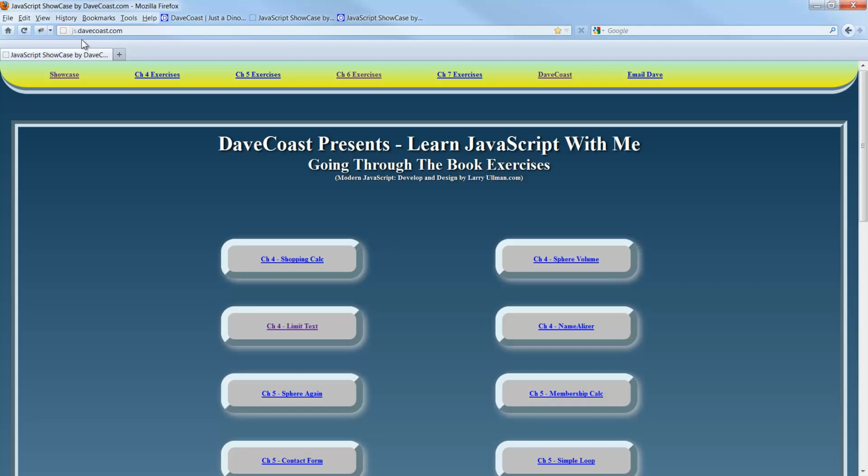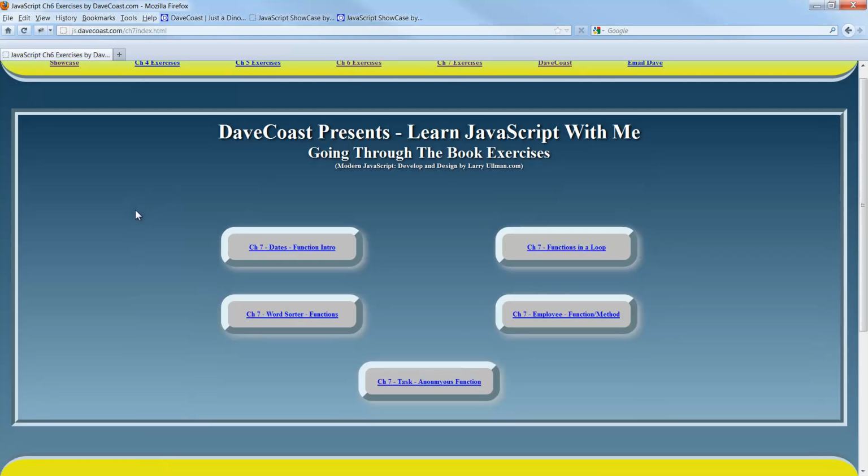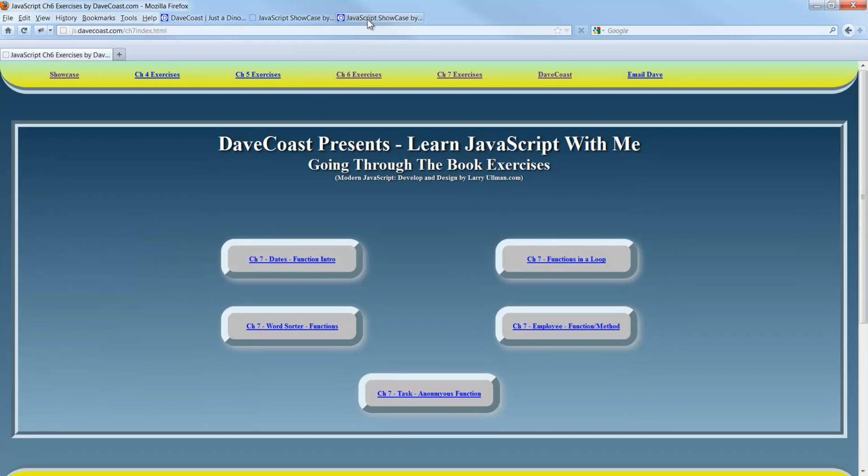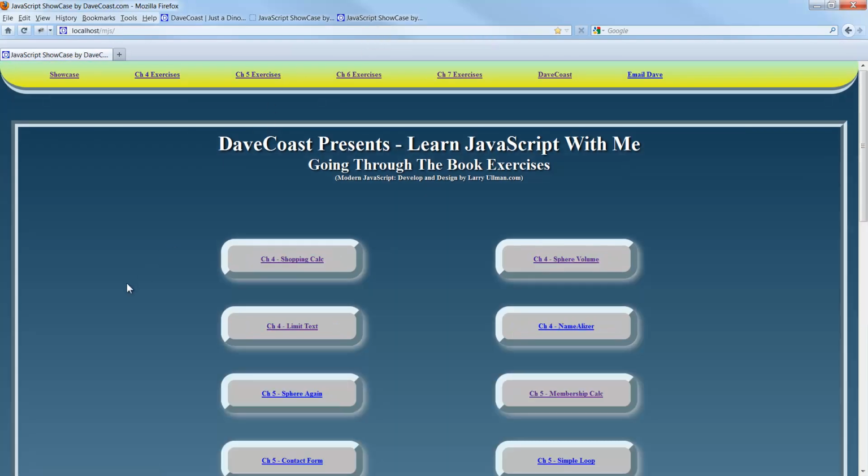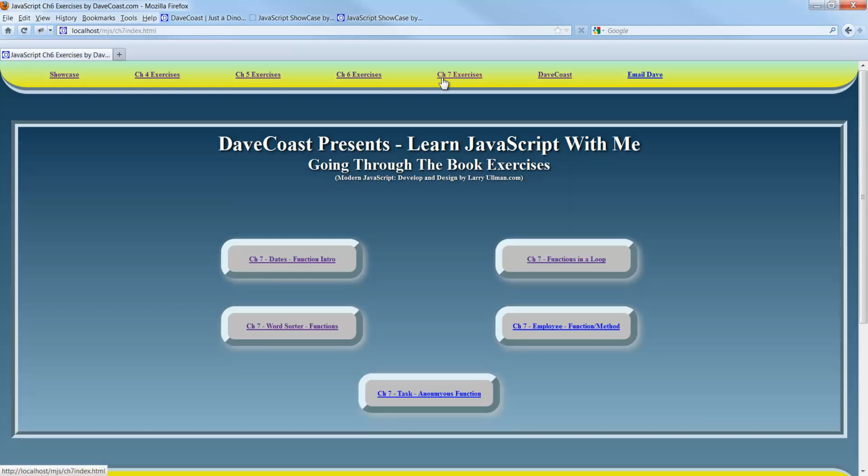I created a little subdomain for these exercises, so you can go directly to it by going to js.davecoast.com and going to the chapter 7 exercises. Again, I am working locally on my XAMPP server, and that's why I'm on localhost. And this is my